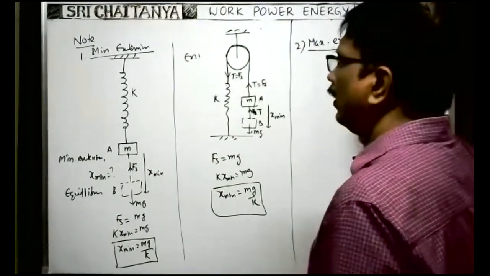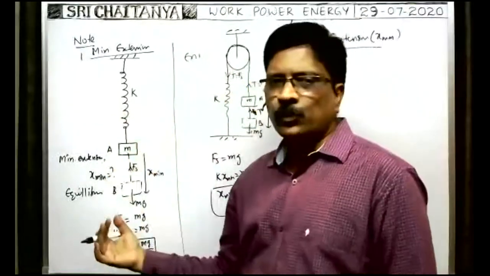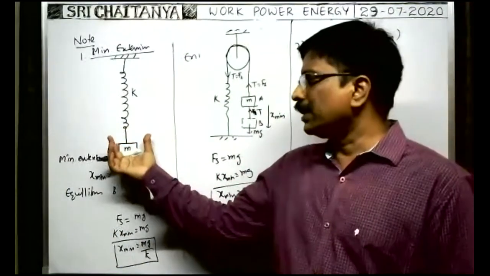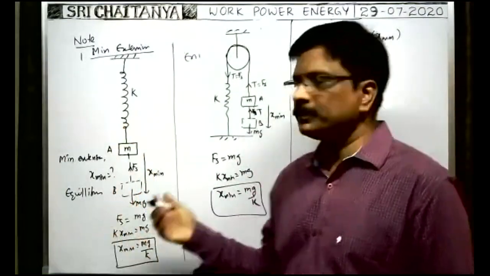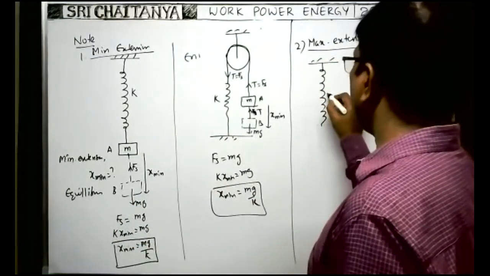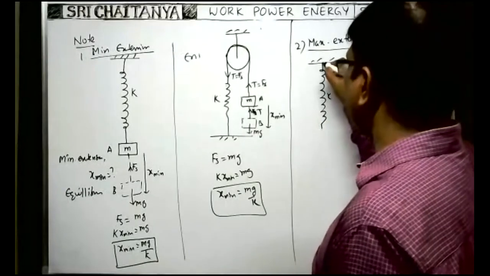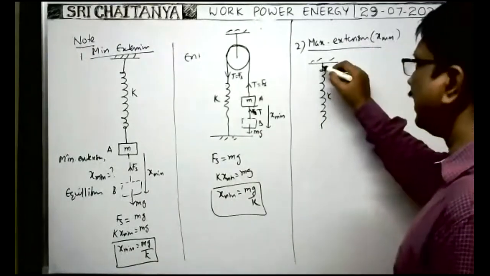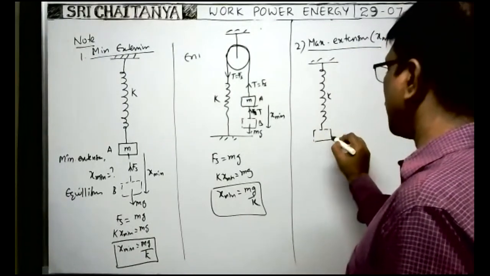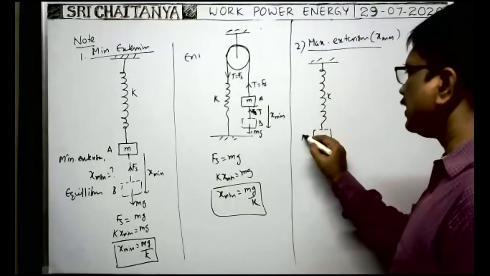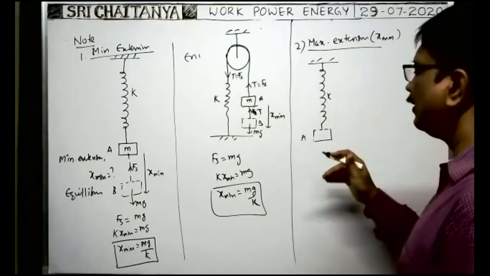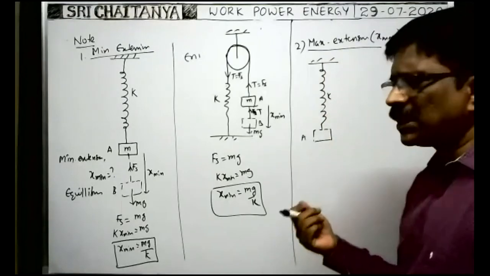What do you have to do? For the same load, to have the maximum extension, what do you have to do? Suppose the same case, the same spring having spring constant k is fixed at one end to the rigid support. At the other end, a load of mass m is attached. Initially, whenever the load is at A, there is no extension or compression of the spring, so it is having natural length. In order to have the maximum extension, what do you have to do generally?